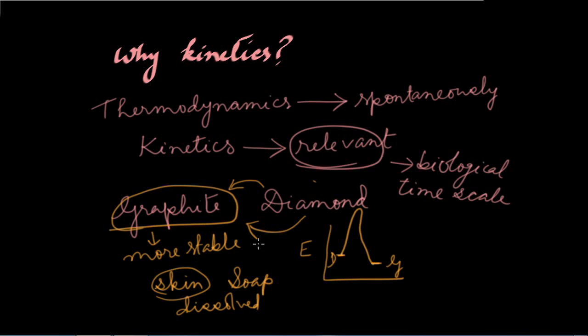So all these are simple examples, and there are more complicated chemical reactions that we have to deal with, and in that case, which processes are relevant to us in a time scale of our importance is going to be decided by the kinetics, the rate of that process. By kinetics, we mean that we deal with the rate of a process, how fast something happens or how slow something happens. Which processes are going to be relevant to us in our lifetime and which are not.